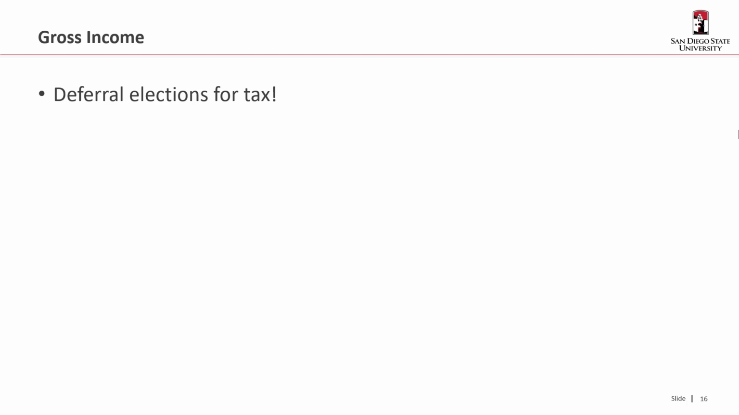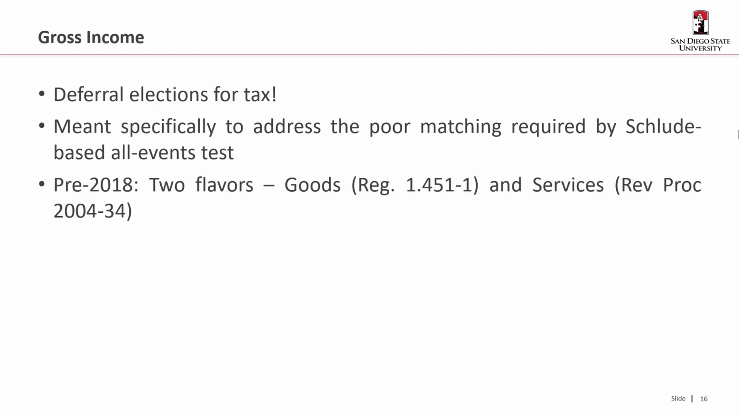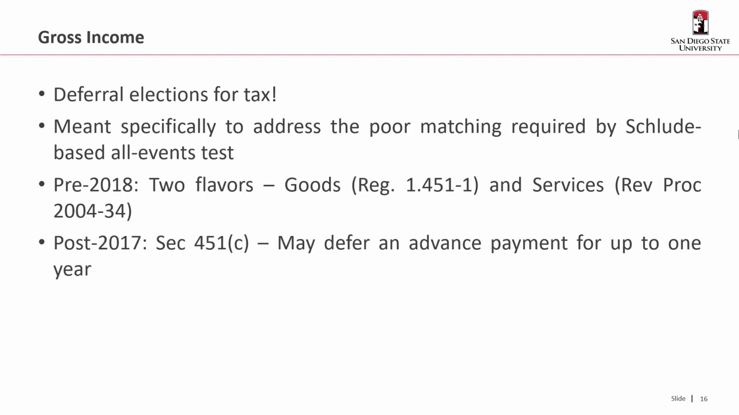So you are allowed to make a deferral election for tax, and this is specifically meant to address the poor matching that's required by the Schlude-based all events test. So in pre-2018, there were two flavors of this deferral. It came under a regulation, and then another one came under a revenue procedure. Both of those have now been trumped by Code Section 451(c) that says you may defer an advance payment for